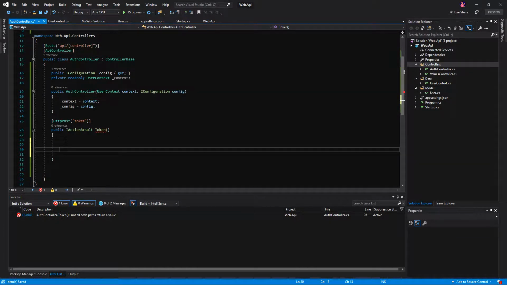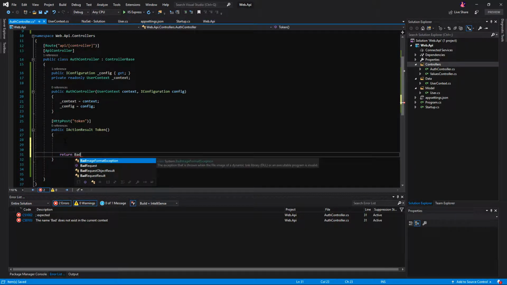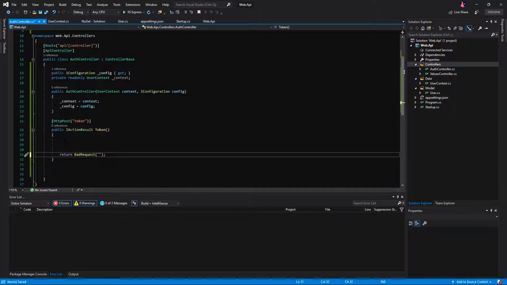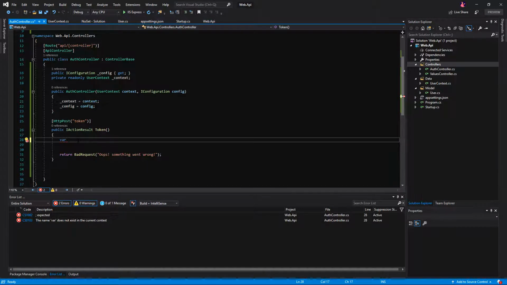So for this result, we can return a bad request, and we can declare a variable header which will get the request headers, authorization,